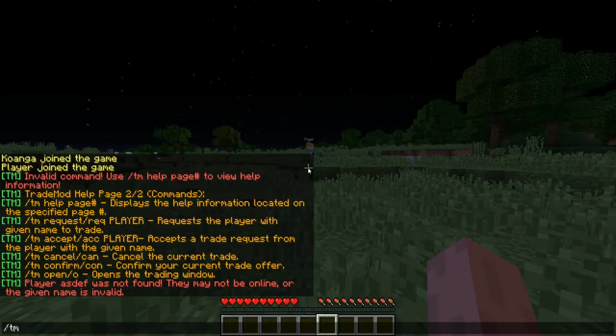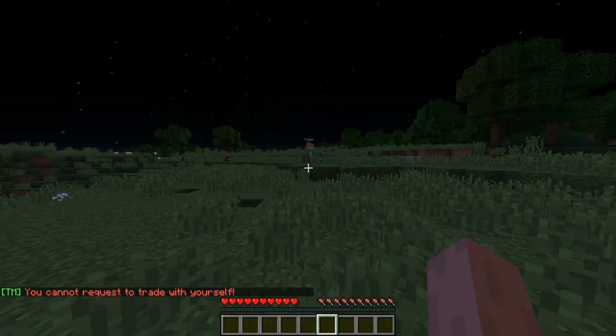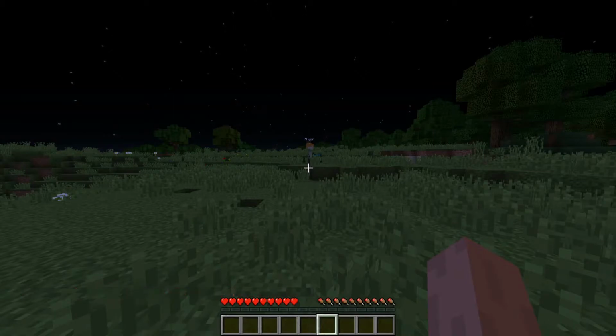So additionally, you cannot request yourself. And just so you know, REQ is a shorthand version of REQUEST, or request. So /tm REQ Kawanga will not do anything. You cannot request or accept requests from yourself. You can't target yourself using either the accept or request command. Secondly,